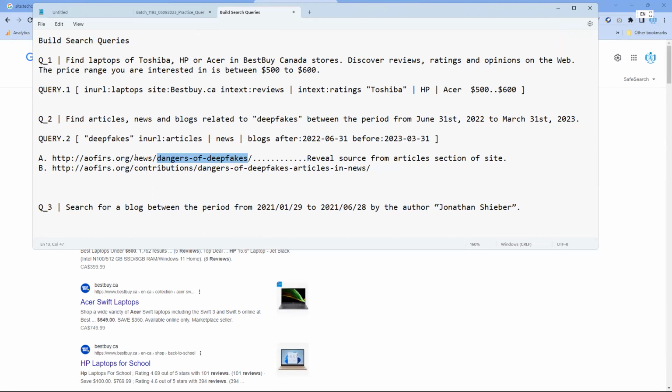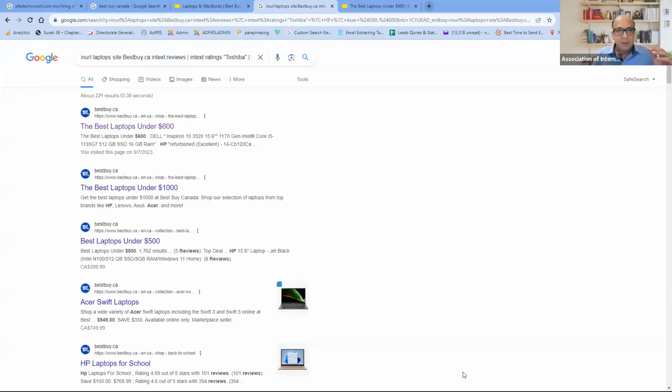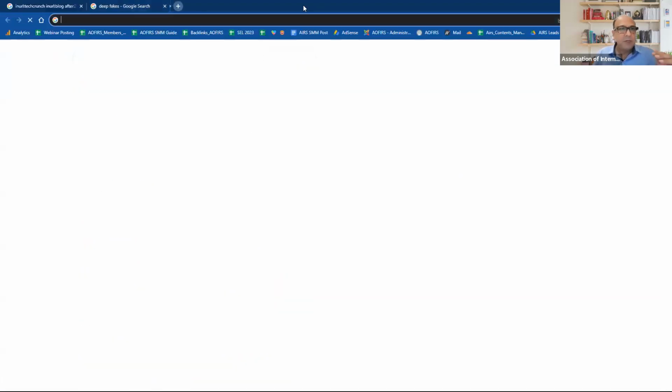Makes sense to me, because if you know how to read the URLs, you can understand it better. When you read the URL after the domain name and backslash, you see the sections or areas where the link would take you to, or where the source is, the news. For example, let's say CNN or any other website,